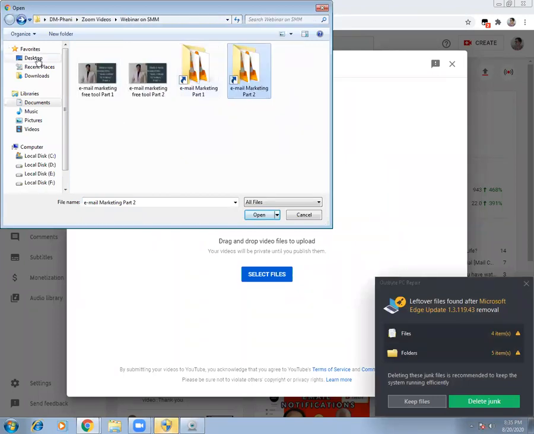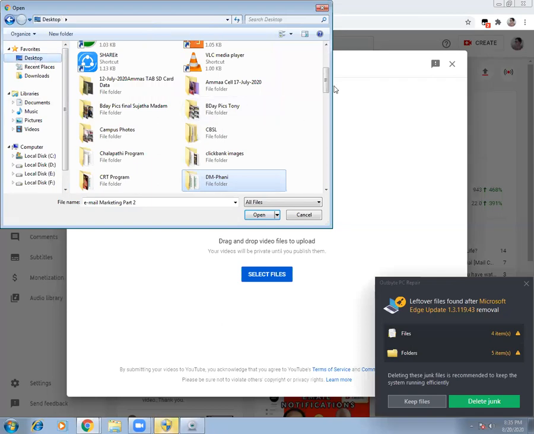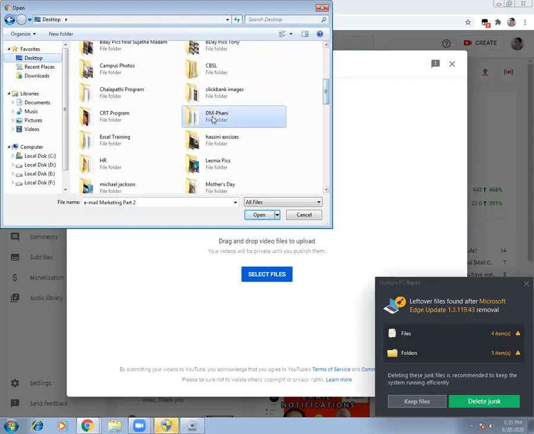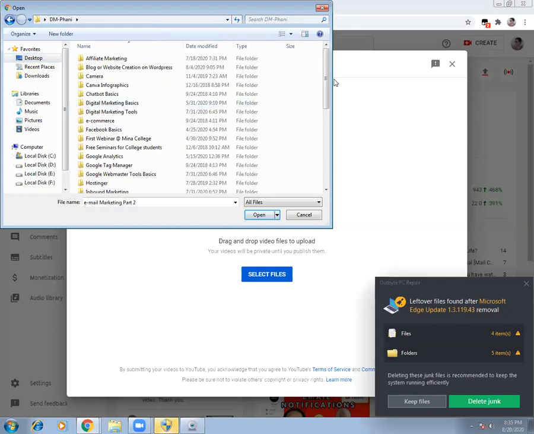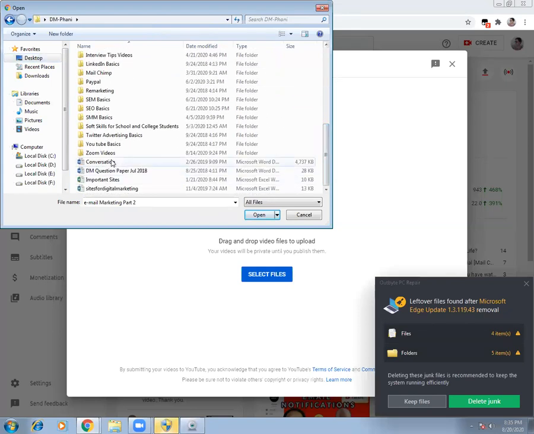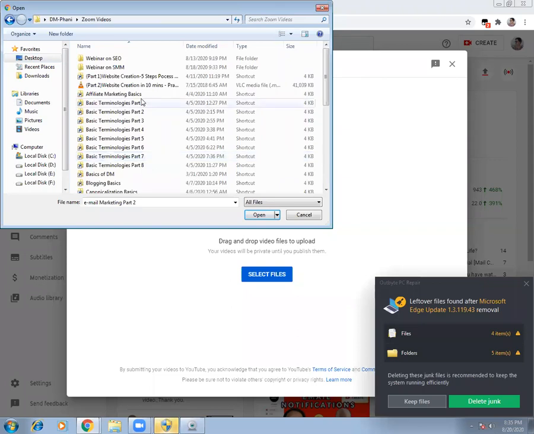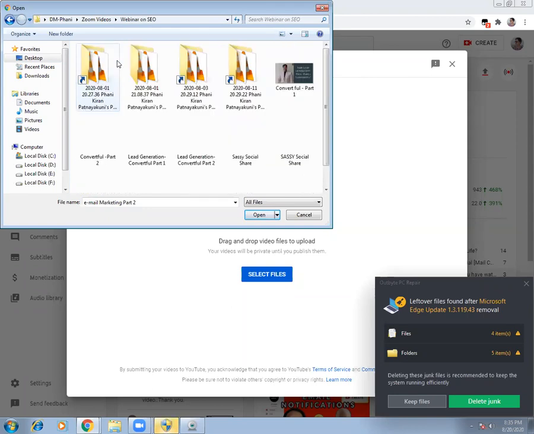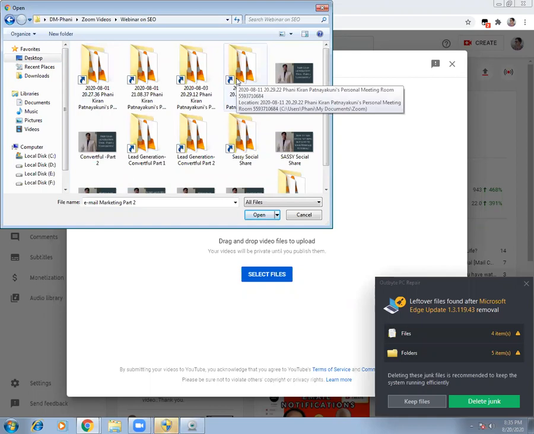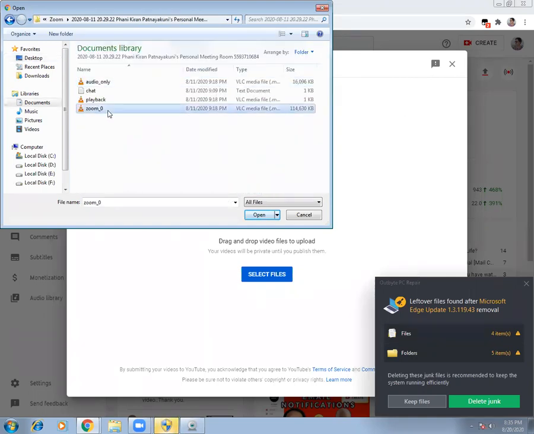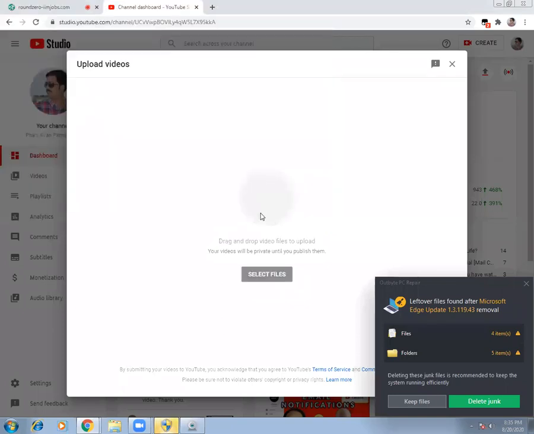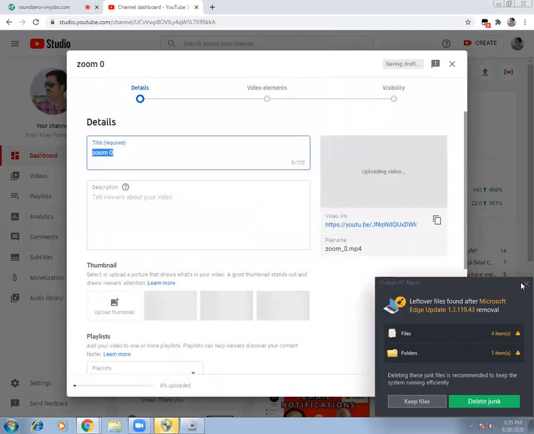Okay. So probably you can go back here. Whenever you see these Zoom sessions, these are all the videos. You click on anything, here you find the Zoom file, you just need to select it and open it. The moment you do it, it gets uploaded